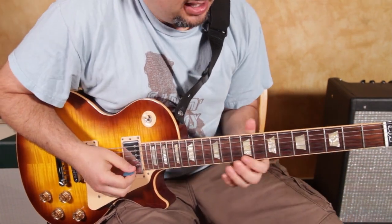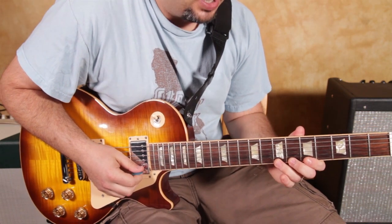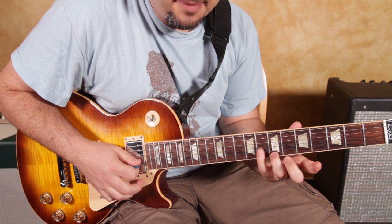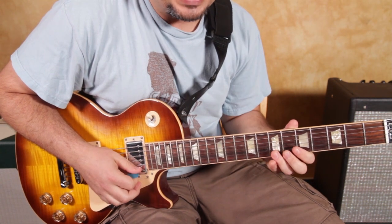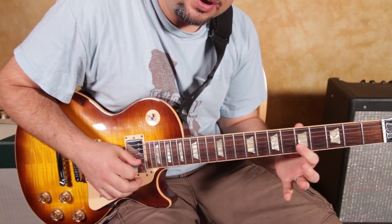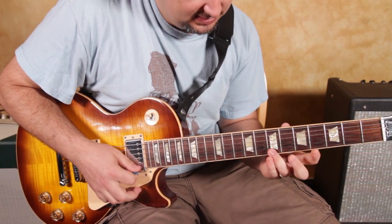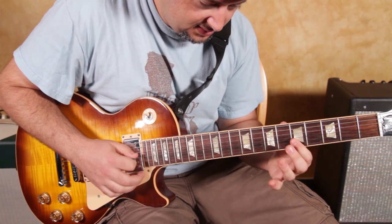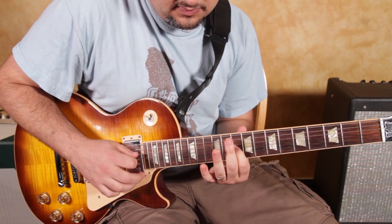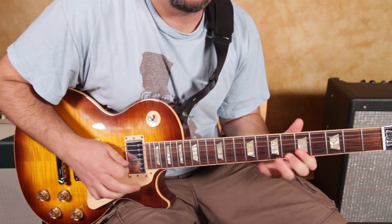The pattern that I hear Jimmy Herring and Derek Trucks do a lot, and they use it over minor progressions a lot, and it's got a beautiful sound, is this. So we're going da, ba, da, ba. That's the pattern that goes through the arpeggio. You just keep repeating. And now all of a sudden you're playing some of that melodic stuff that we like to mix in with our...